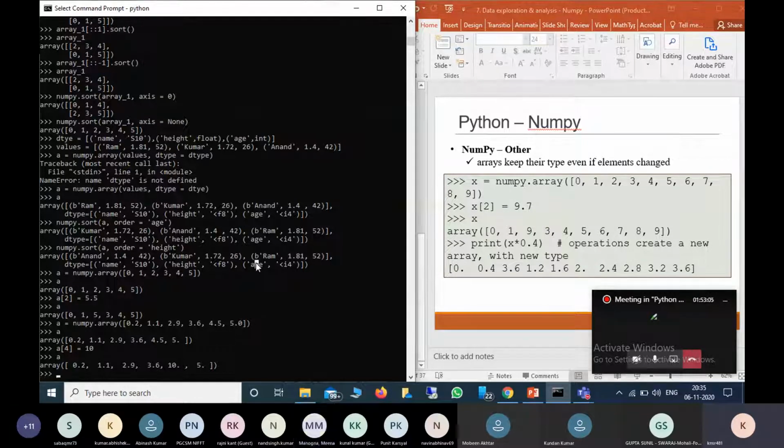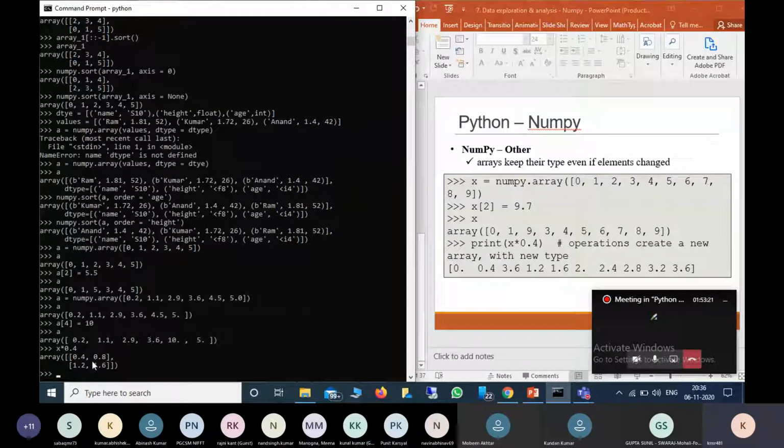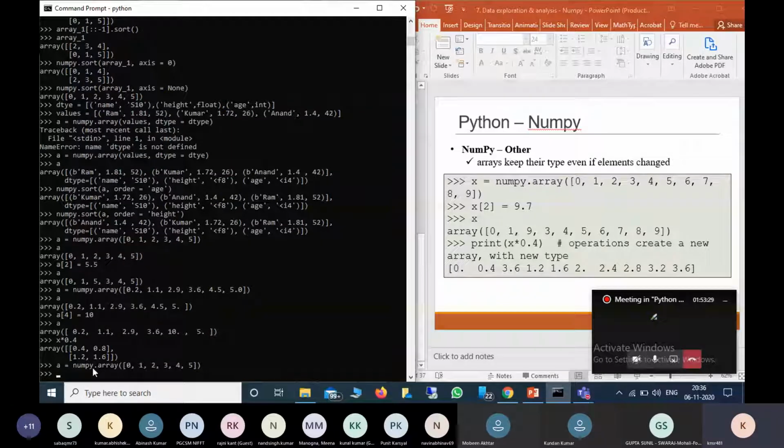Yes, sir. So now, if you have some operations like product or something, then it changes its data type. For example here, if you use x star 0.4, it is changing to float now. So now it is integers.